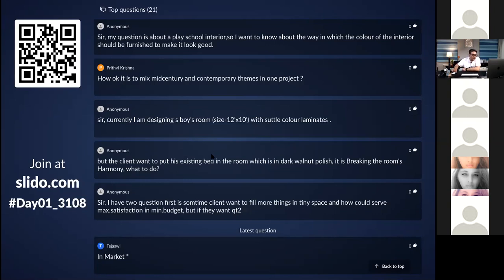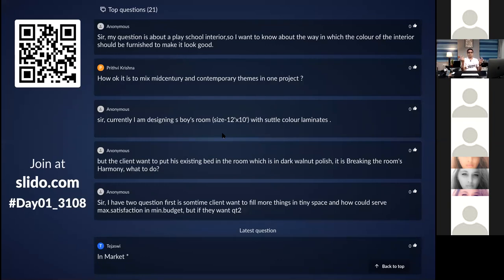Amira Taneja says, what are the ways to highlight walls or create an accent wall that is budget friendly? Amira, first of all, you can just go ahead and put some pastel shades. Behind me, where you can see the Ganesha on the top, that wall is a little sand pastel shade.